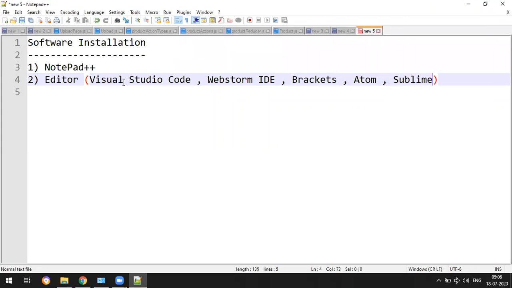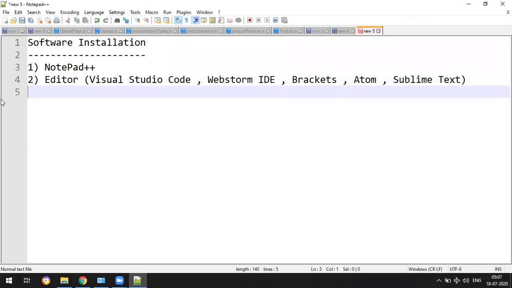But Sublime Text is very lightweight, so don't use that. It's just a text editor without many features. I strongly recommend Visual Studio Code, WebStorm, Brackets or Atom, except that one. Or you can use something from Adobe, that also you can use.